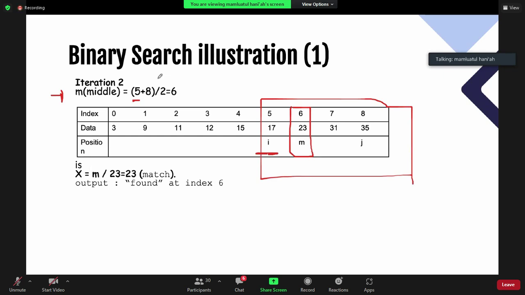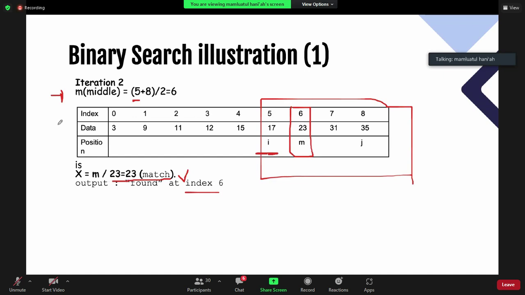And I will compare my K, yeah, my K is 23, and I will compare 23 with 23, and this is a match. And I found my data at index 6.